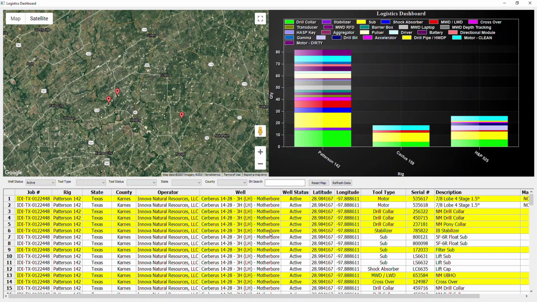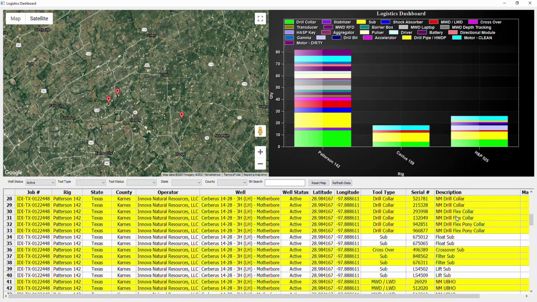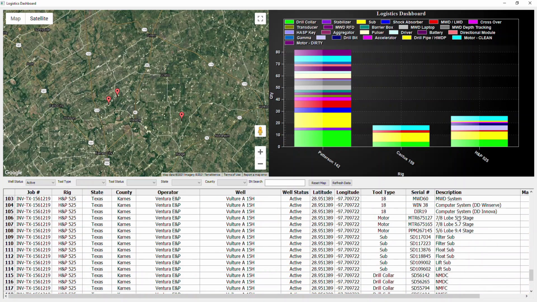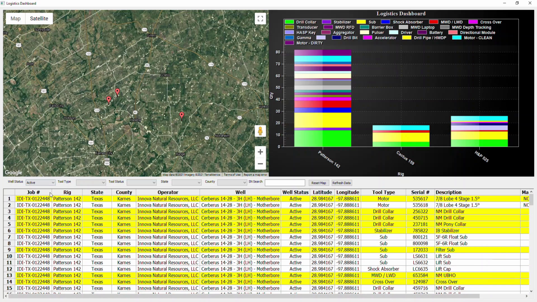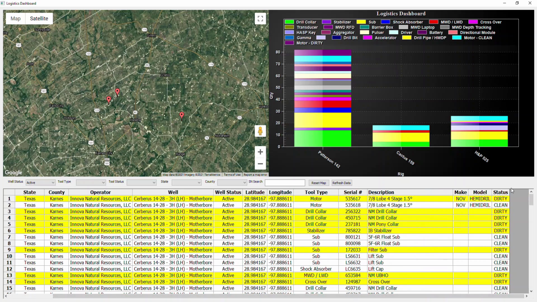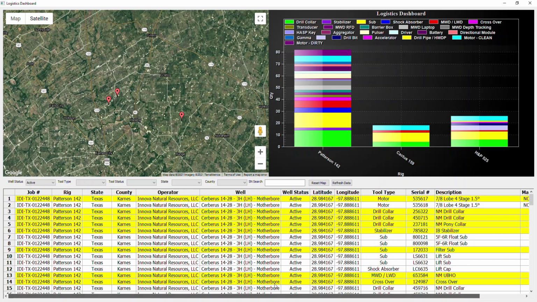Down the bottom we have got a listing of all of the components that we have in the various inventories on all of our active wells as we've got them selected here. And some of these are highlighted in yellow and some are not, and the ones that are highlighted in yellow is basically showing these as dirty as opposed to the clean. So it's just a very quick way for you to see if a component has been run at least once